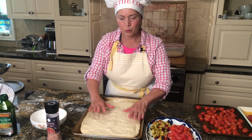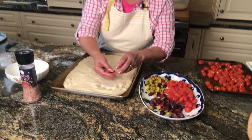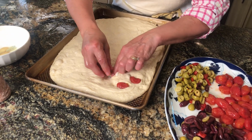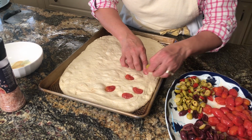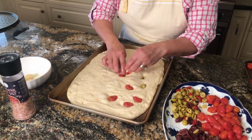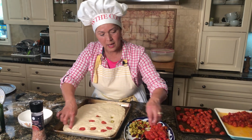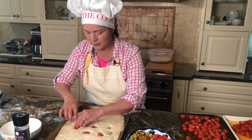And what I do, I just go make little holes, and right in the holes put a little bit of tomatoes, and it's going to be delicious. Sometimes the dough, because it's so good, is going to try to go back, so you just make a little. It's okay to do it this way, and just put as much as you want or as little as you want. I like to put a lot of tomatoes in mine, so I'm going to make a lot of